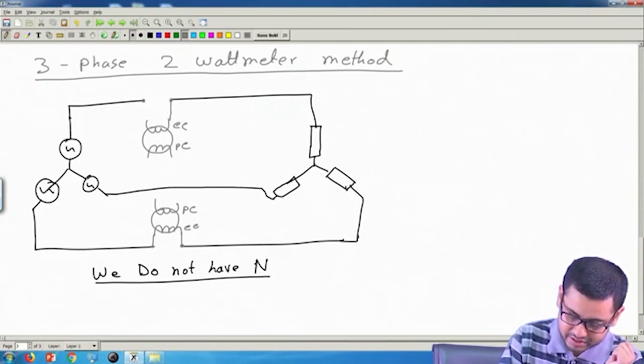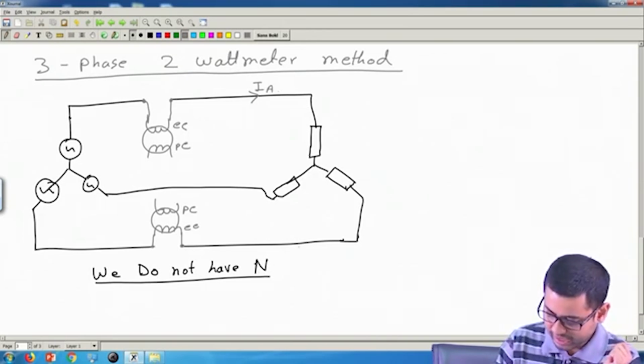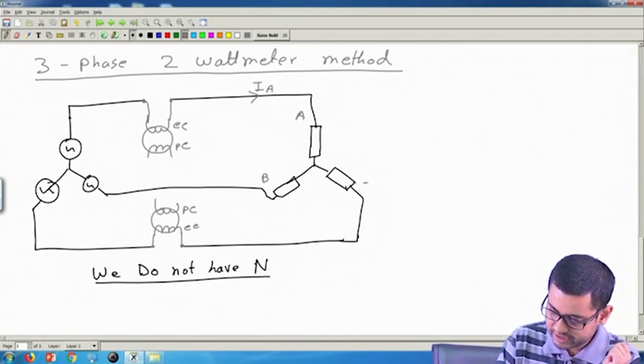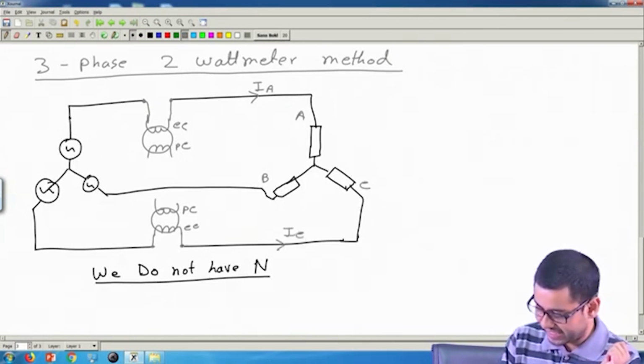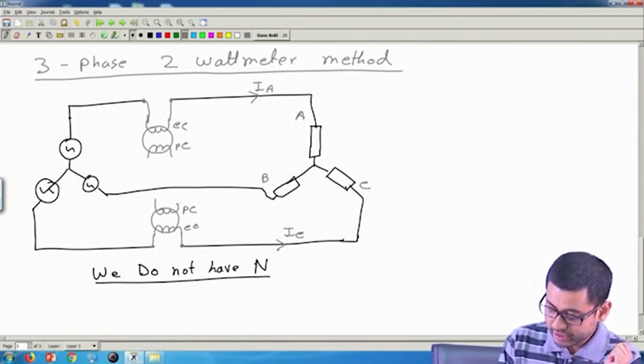Call them IA, and if this is A, this is B, this is C, then this is IC. So, you are measuring IA and IC with two wattmeters, and the voltage coil, they will measure the voltage